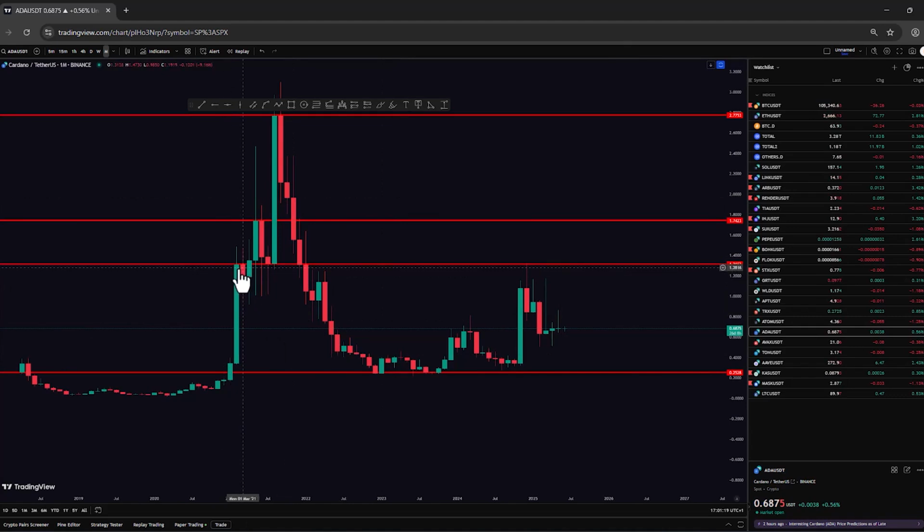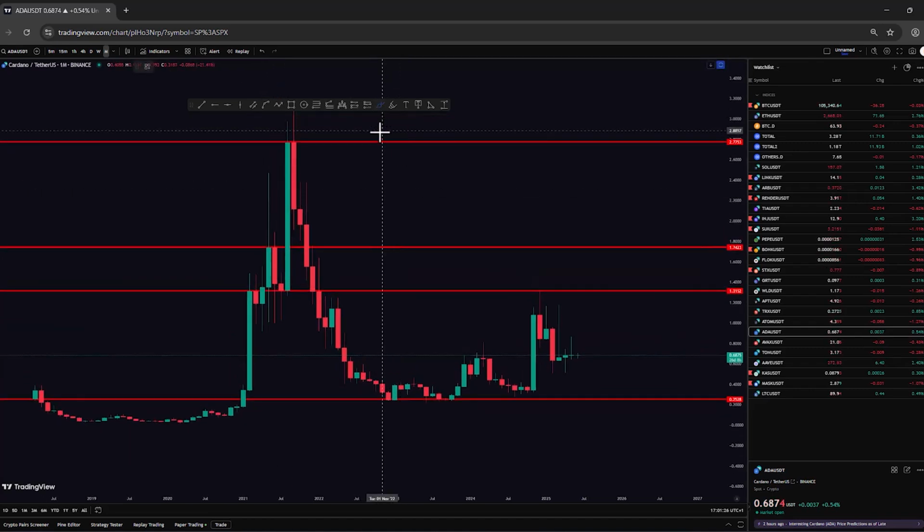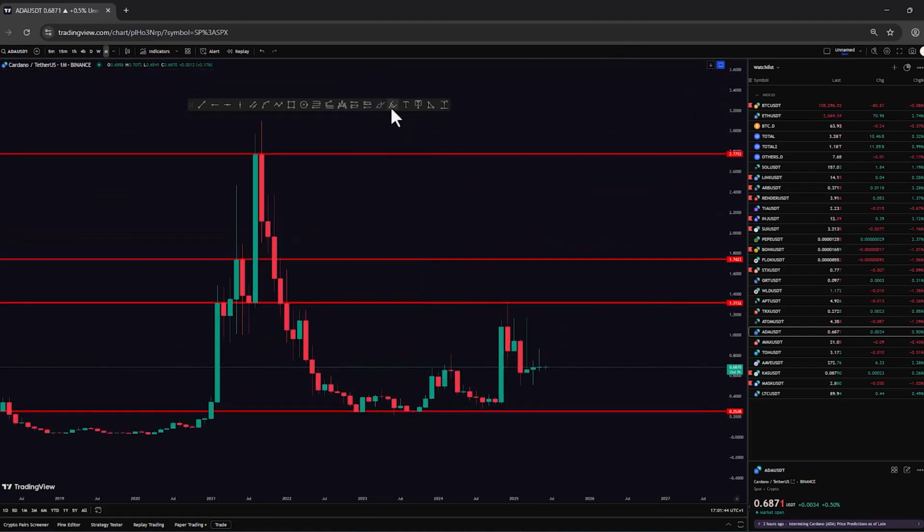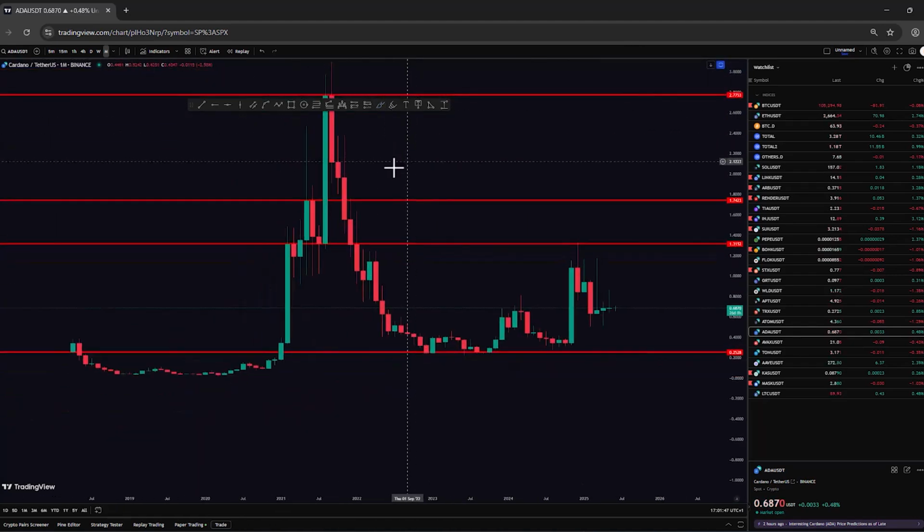Why? Reason one, because the price has hit it twice. Here the price came and hit it, went up, and to here it made a pullback. Just like I told you, after breaking a support or resistance, we come back to that support or resistance, and then we continue that trend in the opposite direction of our main direction. That is, if this is our resistance and the price comes up, breaks this, it gives it a pullback. Sorry, comes and gives it a pullback, and then the price goes up. And for support, it's the opposite.